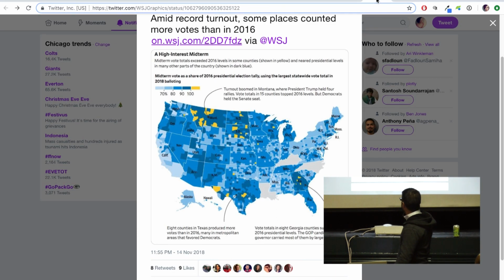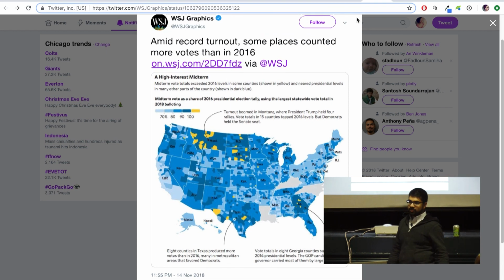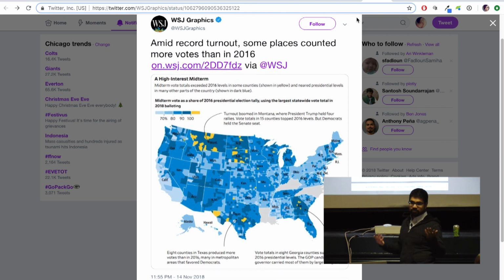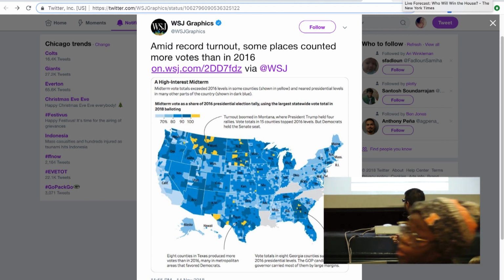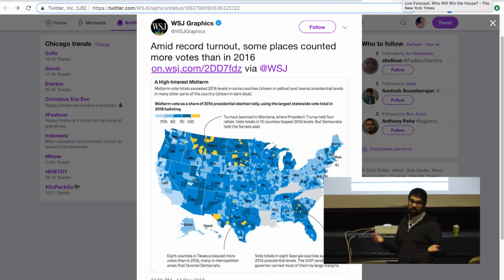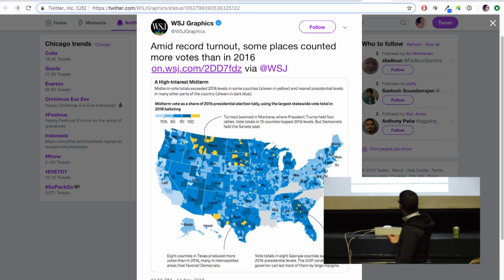This one came across today, and I would click on it if I didn't have the paywall issue. But this is a very clear map of turnout across the country by county, not by precinct, because precincts are very hard to do, especially in that short of a time. And you could really tell where the yellow places are, where the vote count exploded. What else? I think that's all of them.